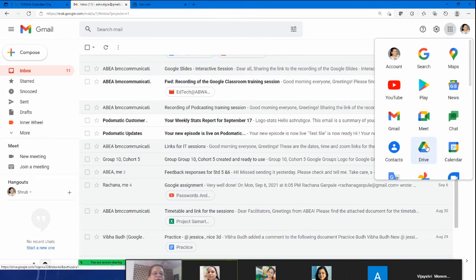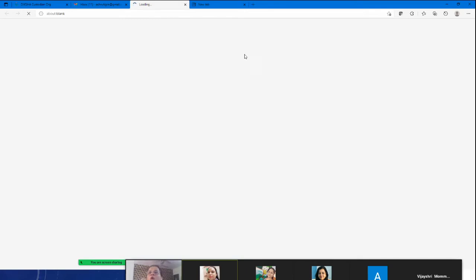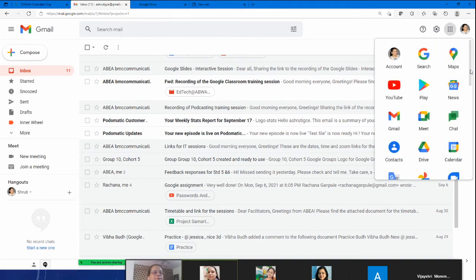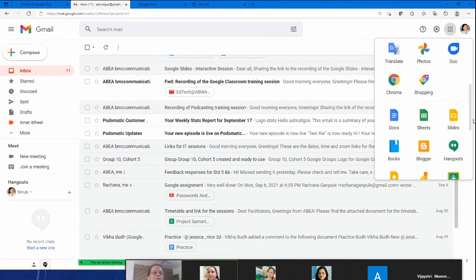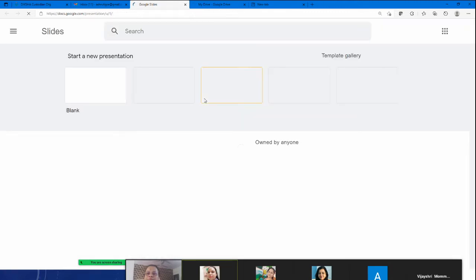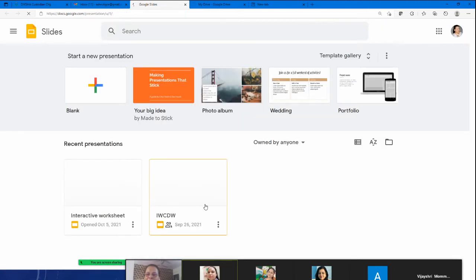Either you can access it through the drive or you can access it through the slide. I'll show you both. So when you go down, this is your Google Slides. So you've got all the slides यहाँ पे.